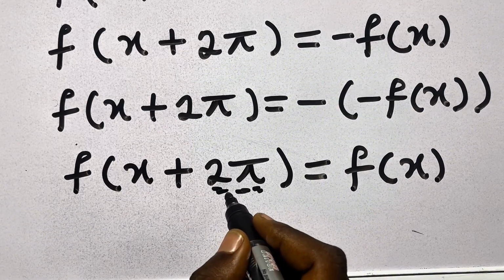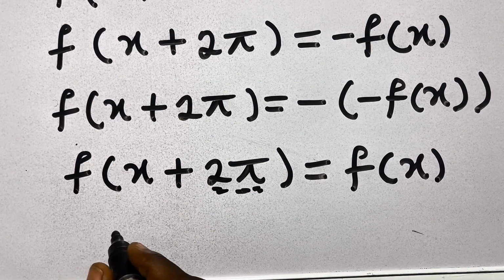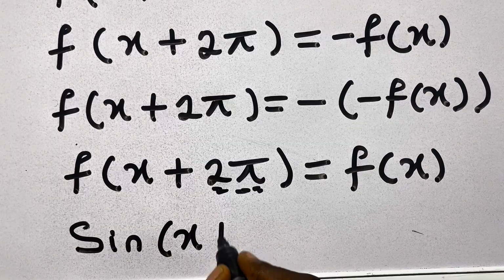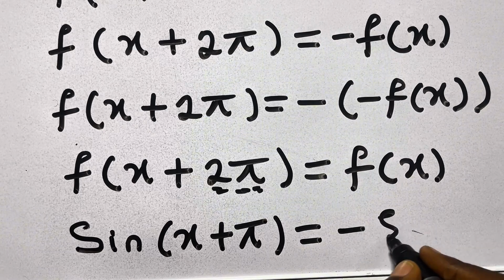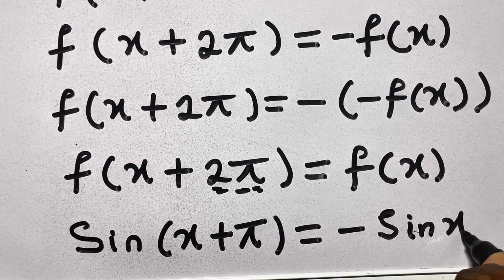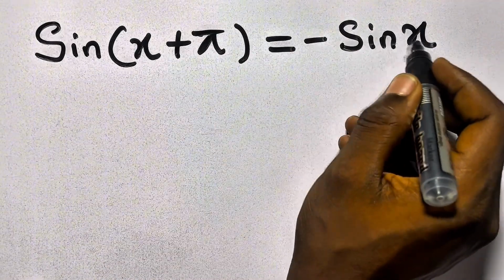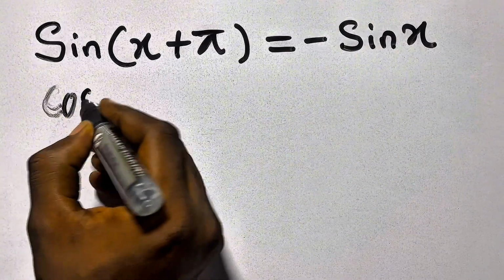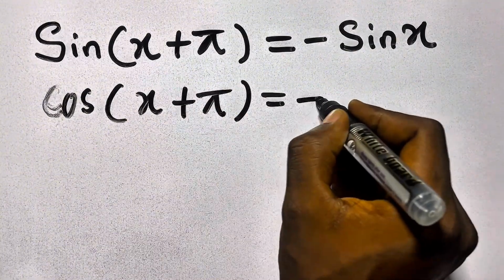But we will recall from the trigonometry property of this, let's just try to transform it. So say we have sine of x plus pi equals minus sine x. All right. So if sine of x plus pi equals minus sine x, then we will also say cos of x plus pi equals minus